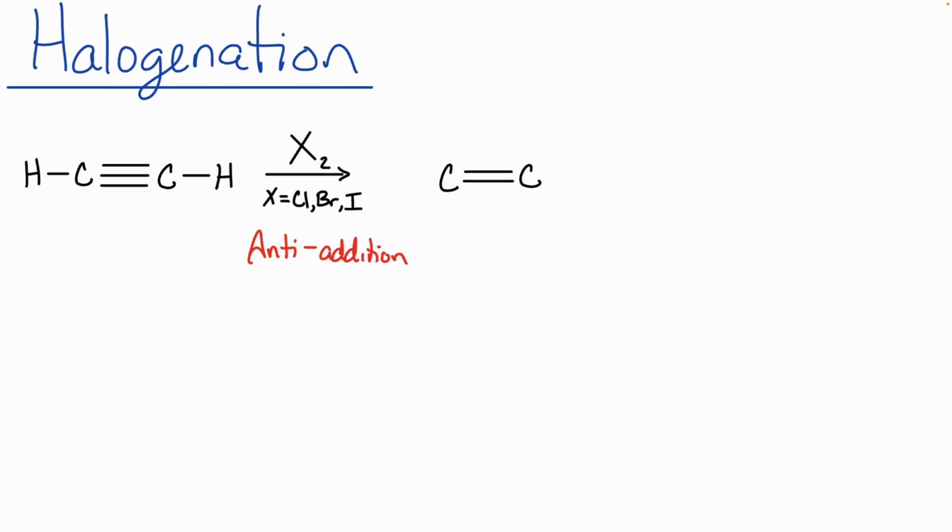All right, so we're going to replace our carbon-carbon pi bond with these two single bonds, but I'm going to make sure that my halogens here are on opposite sides,